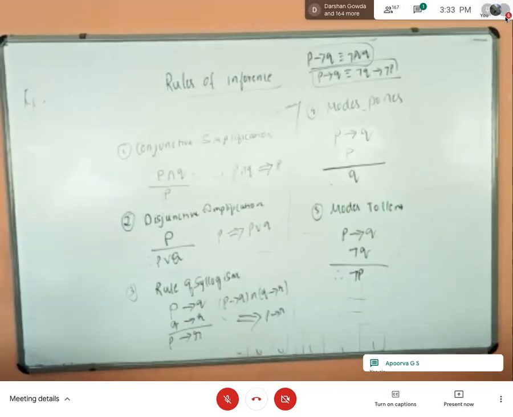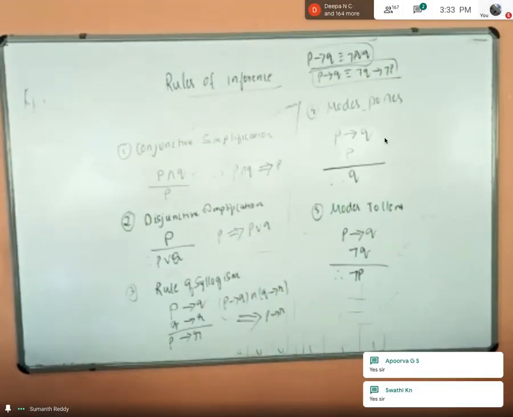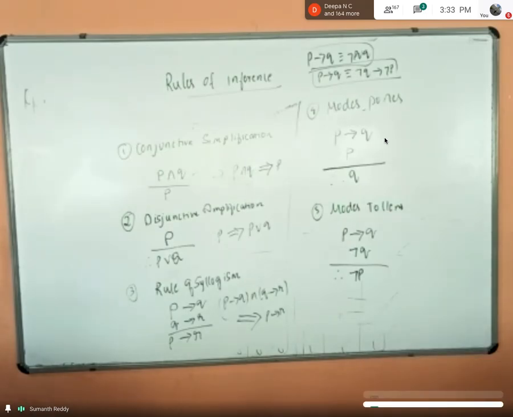What I was telling is, the assignment 1 questions I will solve 1 week before, on Tuesday and Wednesday, I will solve all the assignment problems. Module 1 I can complete, but module 3, since it is very vast, we cannot complete. We can only finish till relations. The functions part, let us keep it for the second internals.